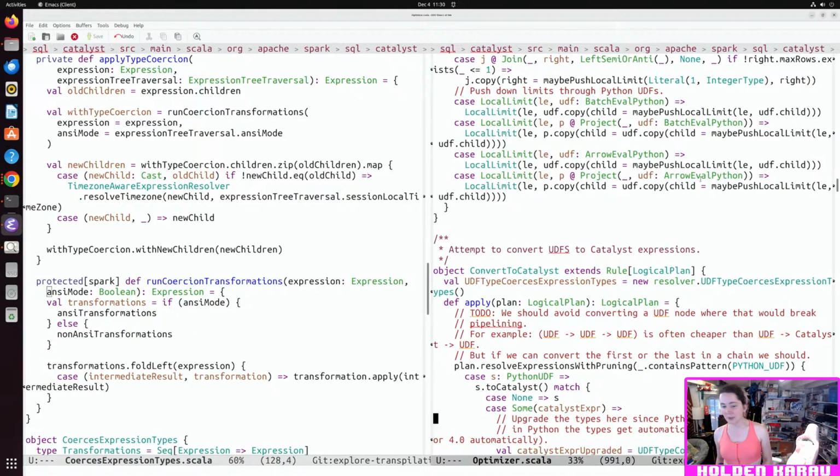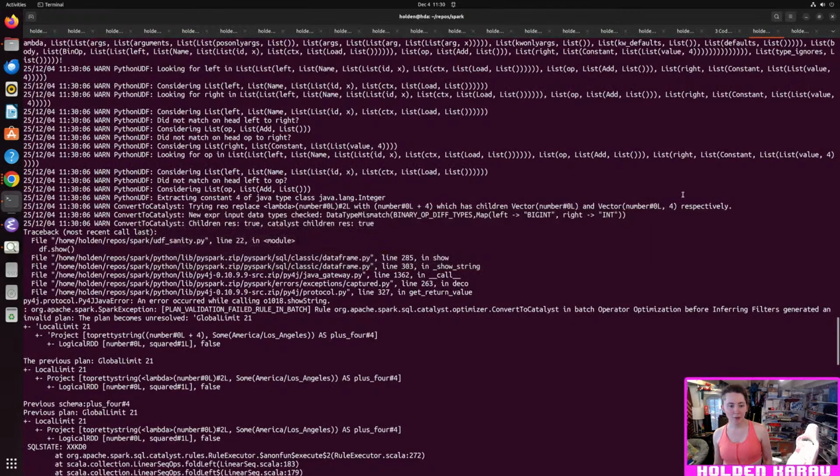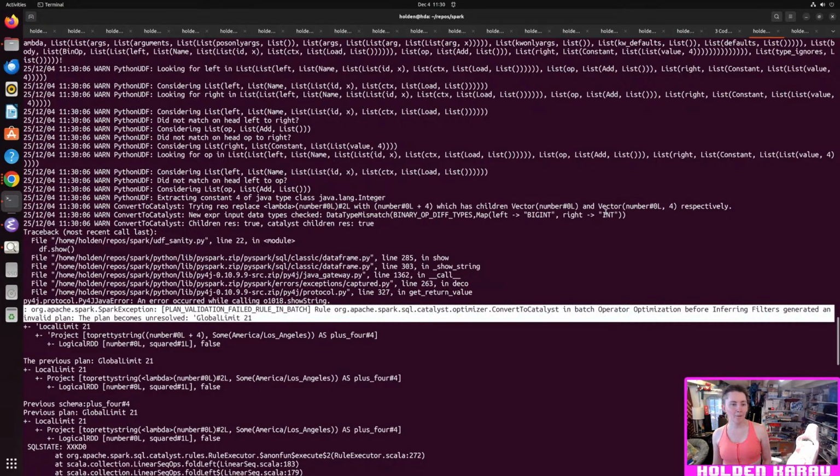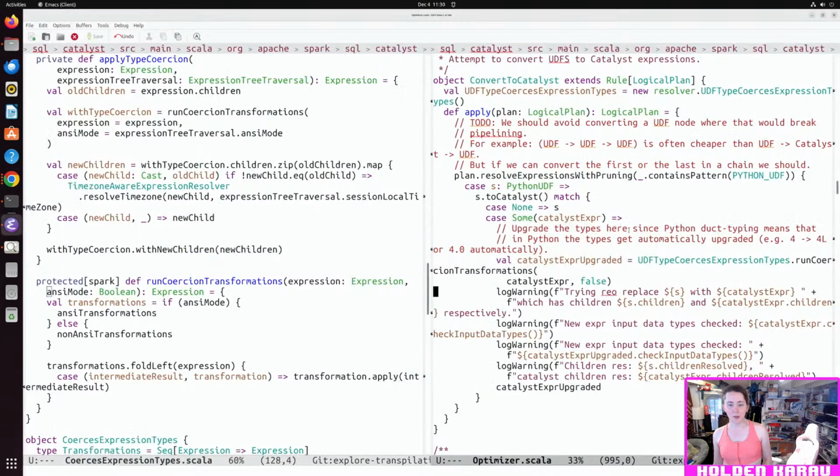I thought we upgraded it. Did we not upgrade it? New expression upgraded. Input data types check.